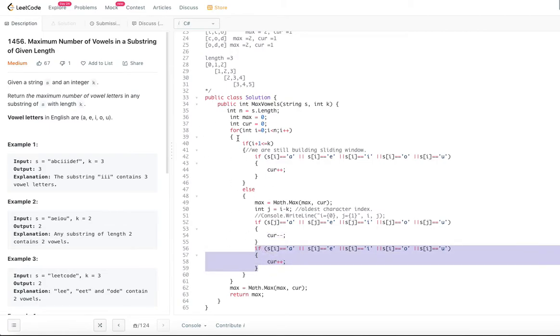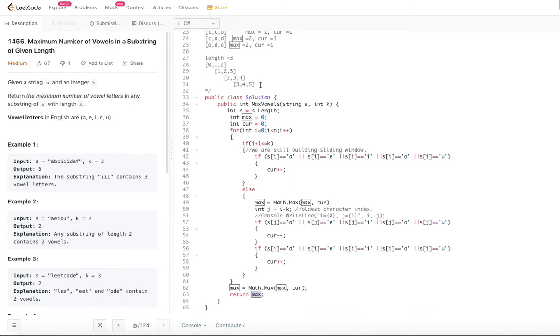So this process we will continue until the length of the string, and whenever we see the max is less than cur, we will update the max with cur. So finally we do that one check, basically if max is less than cur or not. If it is, we update the max with cur and return the max value. So the algorithm implementation per se is pretty simple. Once the sliding window concept is understood, how we are moving, how we are knocking off the oldest character and adding the new character into the count, then the implementation is pretty simple.